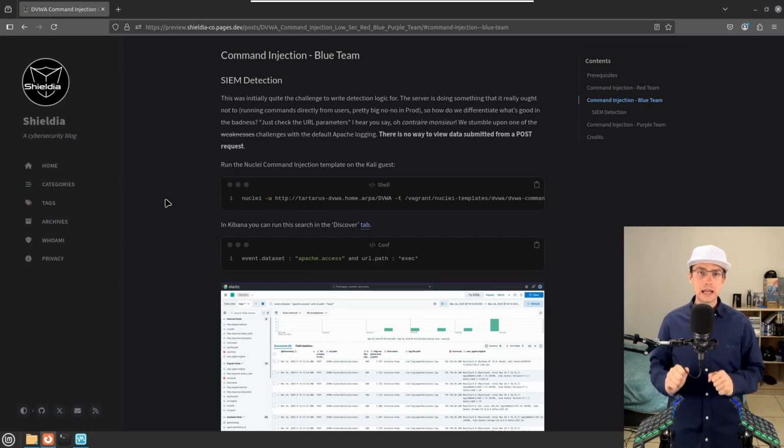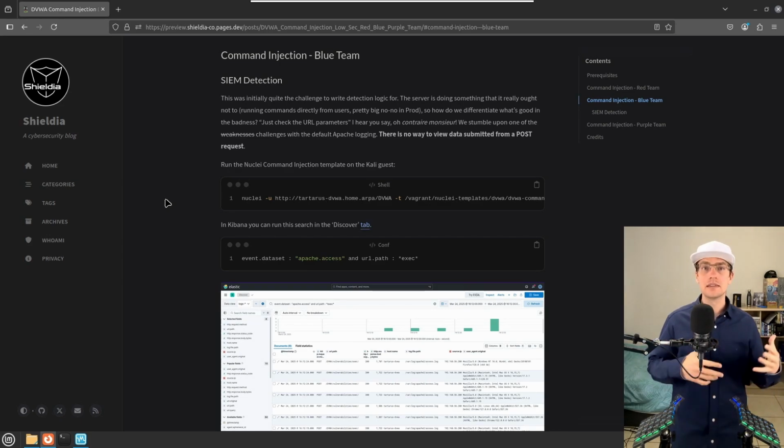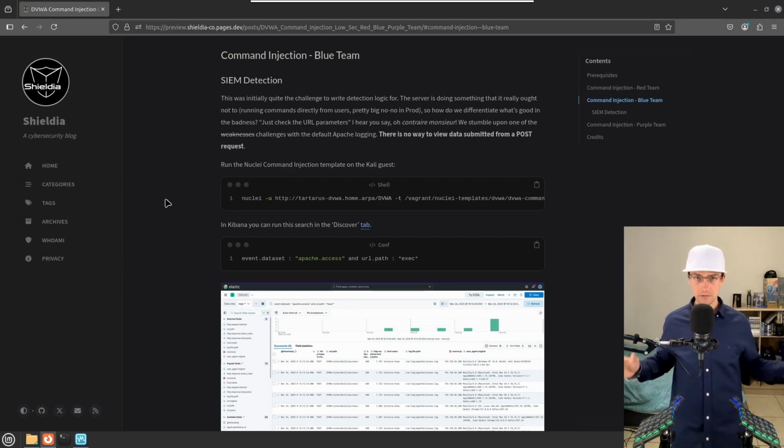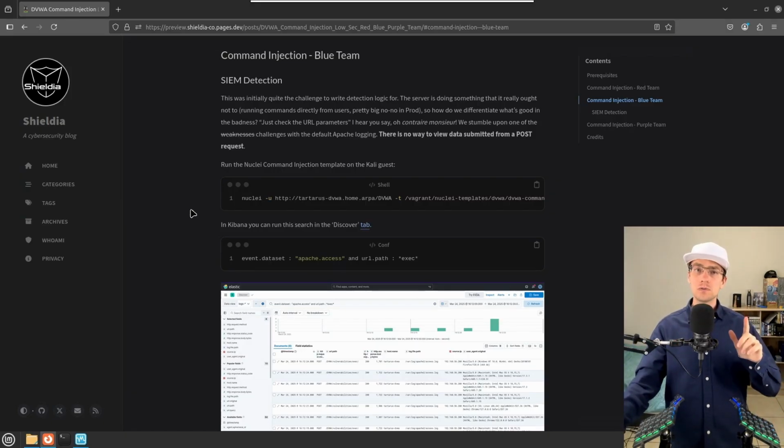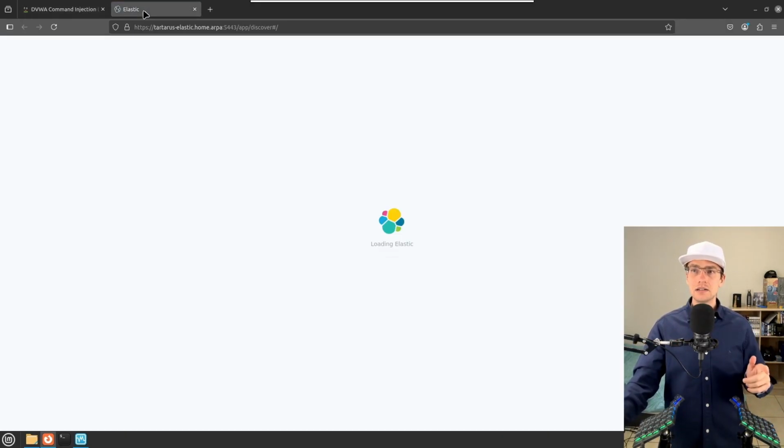I'm not going to be running the nuclei command because I already have the data in the SIEM, because I ran this with a full blue team perspective. So if you want to seed that data, run that nuclei command, and then that will put it into the SIEM for you. We're going to instead run